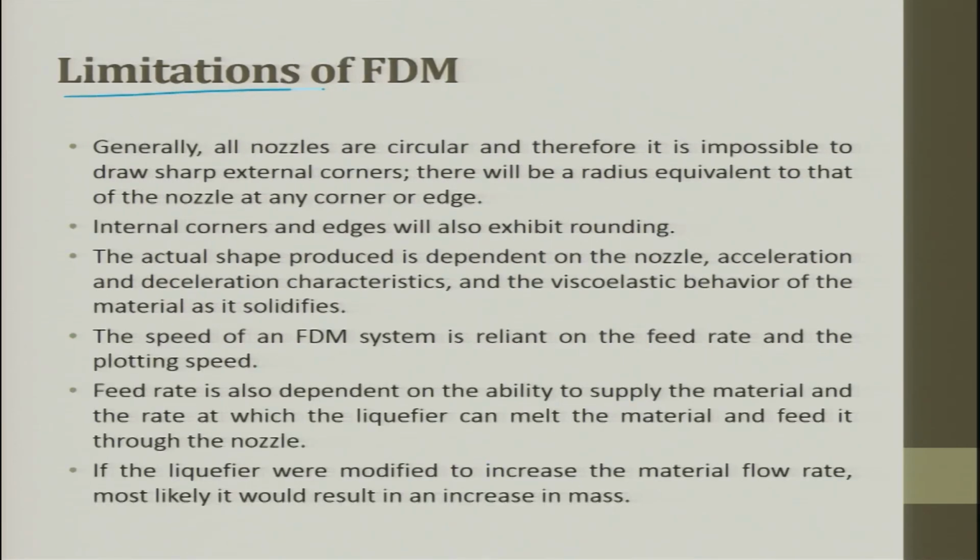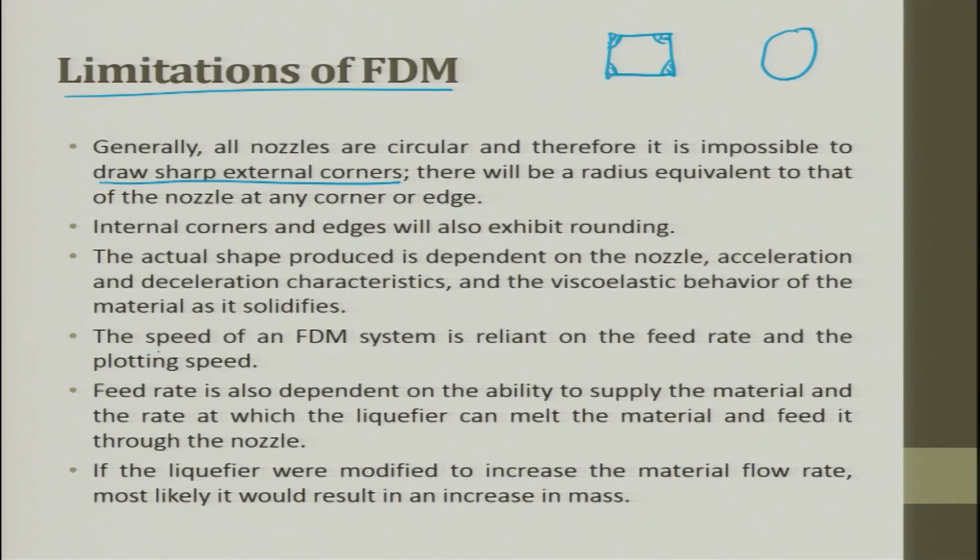So, the limitation of FDM: generally all nozzles are circular and therefore, it is impossible to draw sharp external corners. So, we can't get a nozzle orifice like this, we always get an orifice like this. So, these are dead centers in which the flow will not happen. So, we do not go for square nozzles. Internal corners and edges will also exhibit rounding because of dead center. The actual shape produced is dependent on the nozzle, acceleration and deceleration characteristics and the viscoelastic behavior of the material